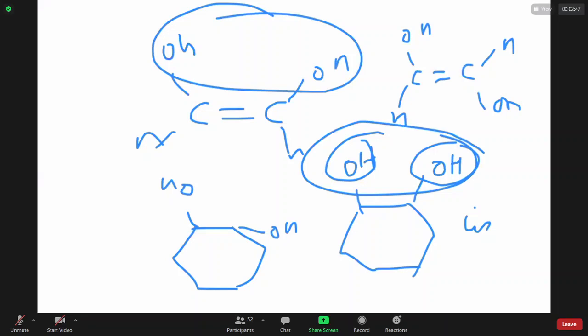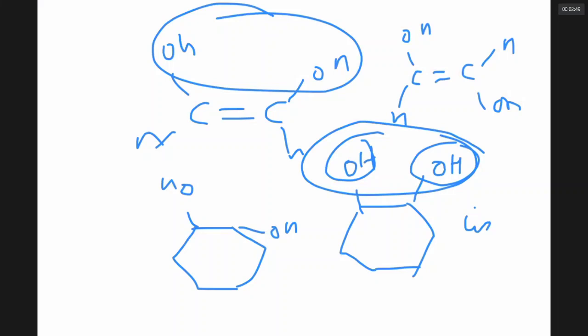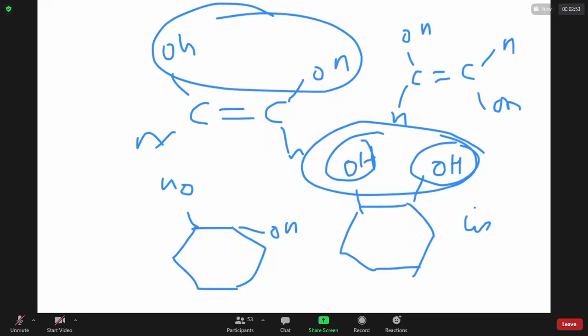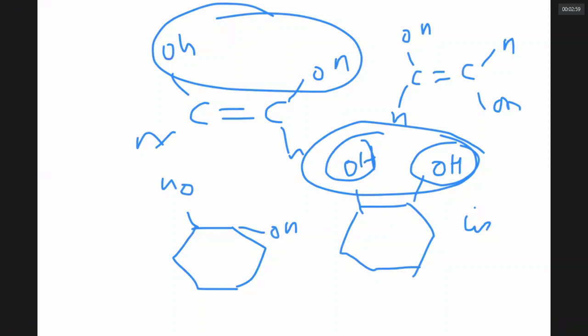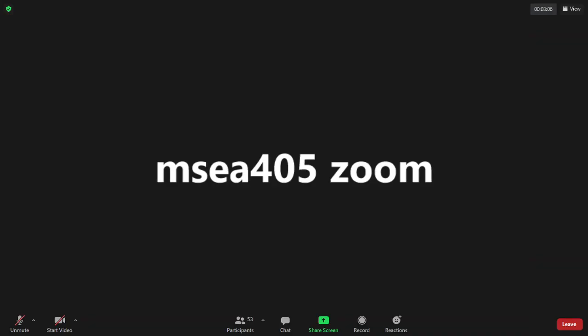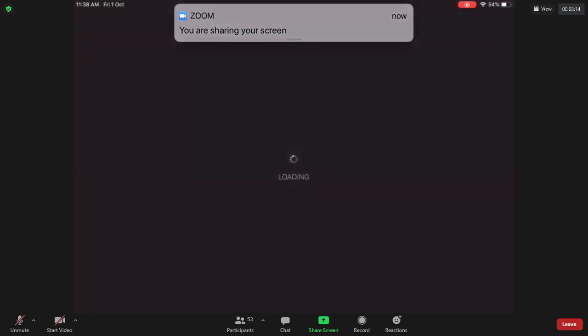If it is a simple carbon chain, if it is a simple ethane 1,2-diol, if it is a simple propane 1,2-diol, there is no possibility of cis-trans isomerism. Both OH can be there on the same side. So there is no issue with them. The issue comes only if it is a cyclic system. Therefore, the topic is whenever there is a cis-diol, it can react with ketone to give you acetals.